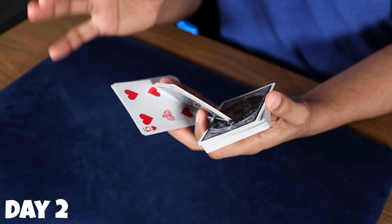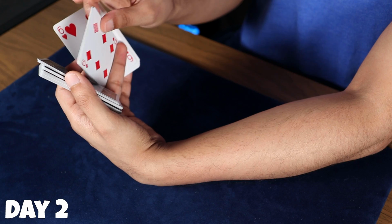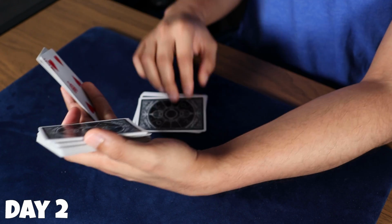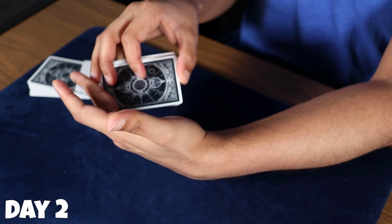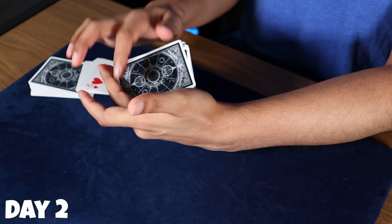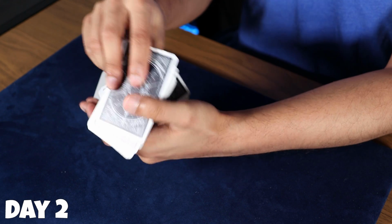I think the part that I'm gonna have the most difficulty with is this center packet, because the next step with the center packet is to actually have it become completely horizontal, like flat like this. And the way it's becoming flat is, let me actually let go of this and let go of this. The way it's becoming flat, it's being held between this ring finger here and the middle finger here, and that's pretty much what I think is going to be the most difficult part, because from here, then I rotate